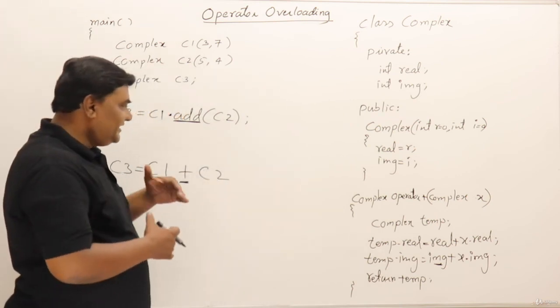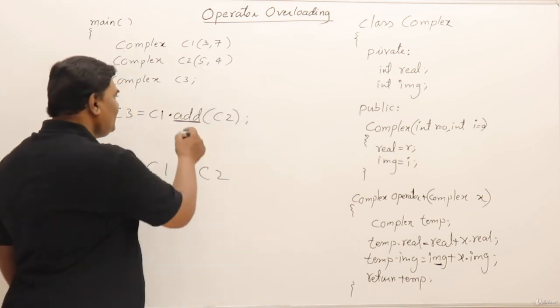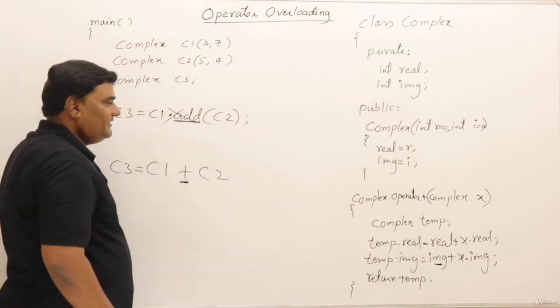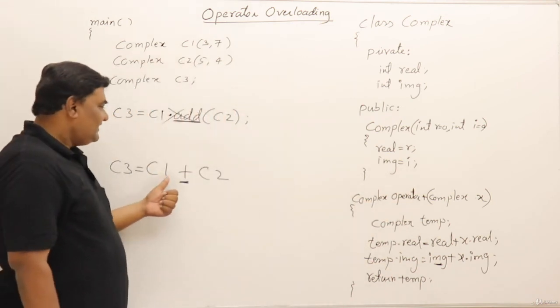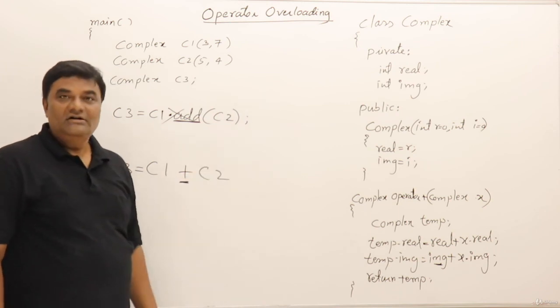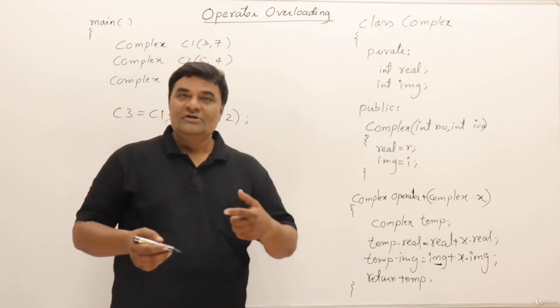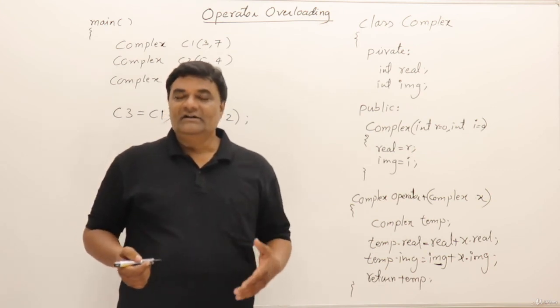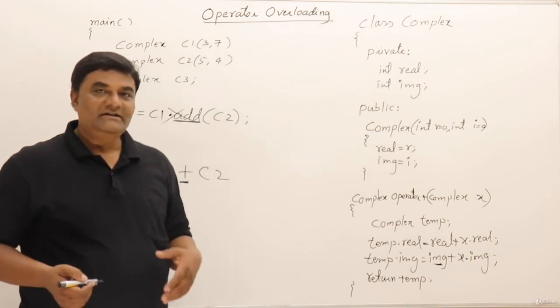So I have explained through this add function, then I converted it into an operator. Now we don't have this function anymore. We have changed the name to operator plus. So instead of writing dot add, you can just write plus and it acts as an operator on complex numbers. So that's it. So you can practice this one. I will demonstrate how to write down this program and execute it.